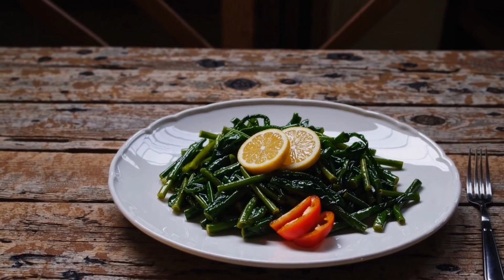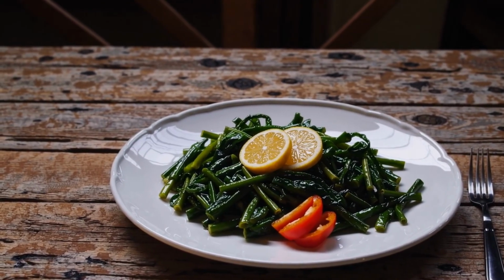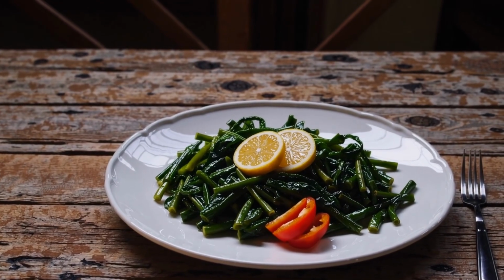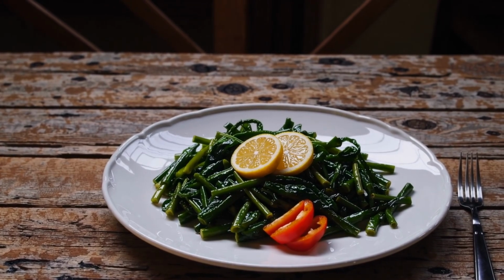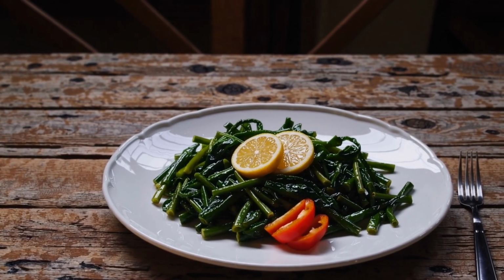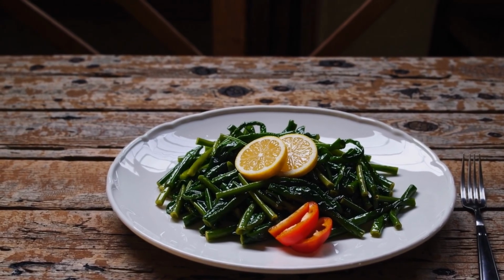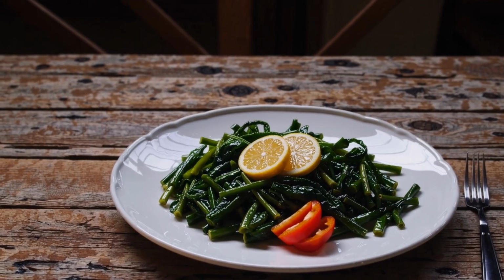In short, while raw spinach has its place, especially for preserving heat-sensitive folate, cooked spinach offers a deeper, more absorbable version of its nutritional promise. The reduction in oxalates is a game-changer for iron and calcium availability, and the modest loss of folate can be offset by consuming a greater volume of spinach when it's cooked. For those looking to optimize mineral absorption and make the most of what leafy greens have to offer, gently applying heat isn't a compromise. It's an